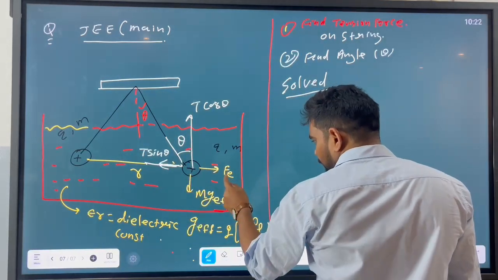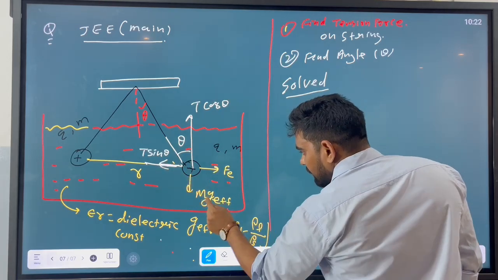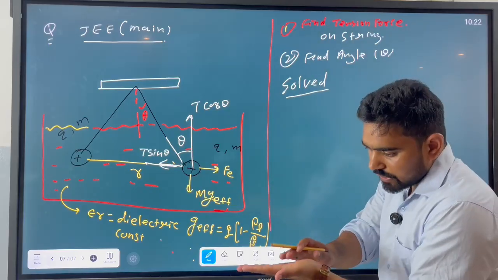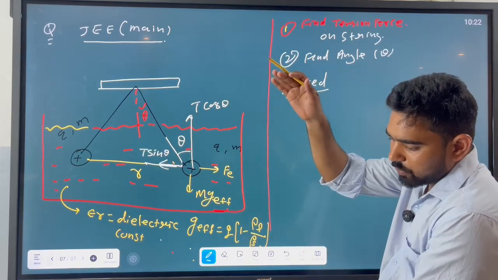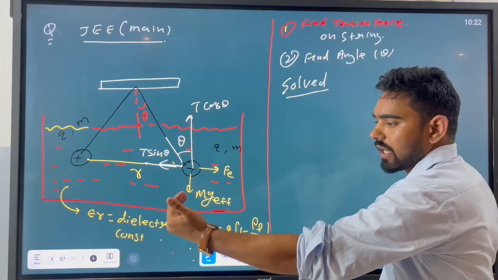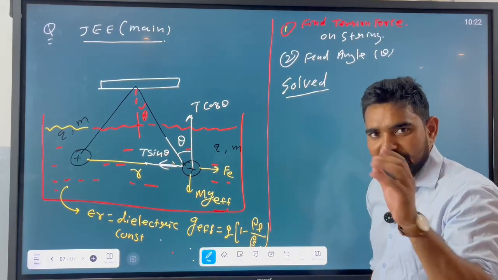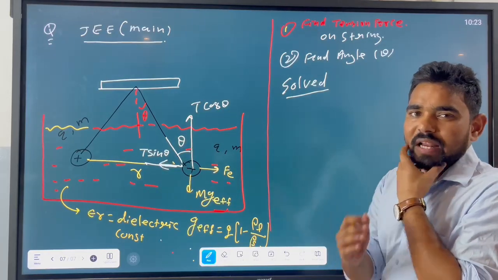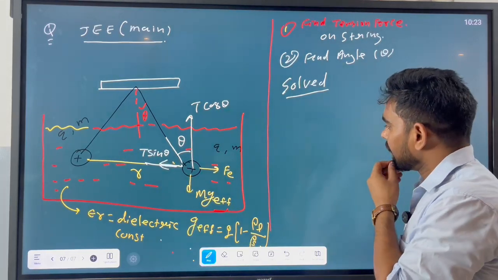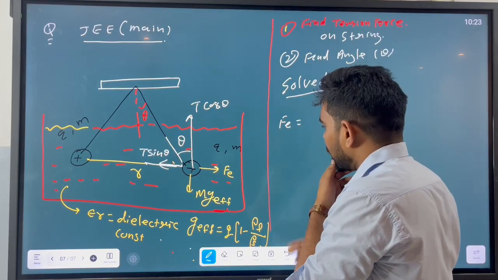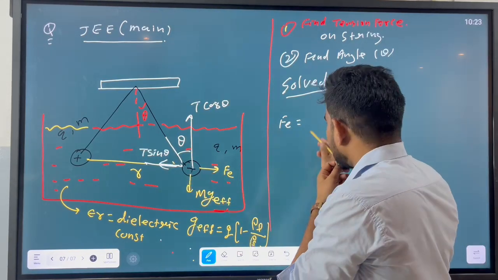This force balances this and this force balances this, meaning the downward force balances the upward force and the left direction force balances the right direction force for the balance condition. Coulomb force Fe equals T sin theta,